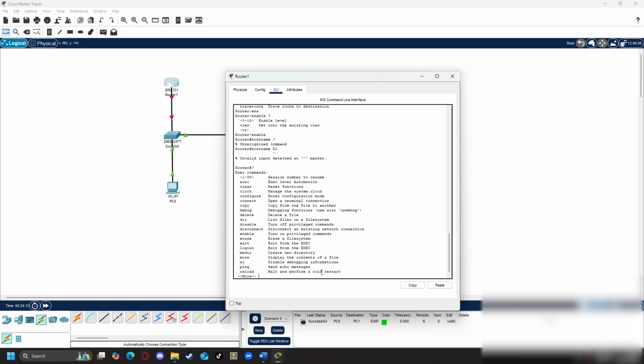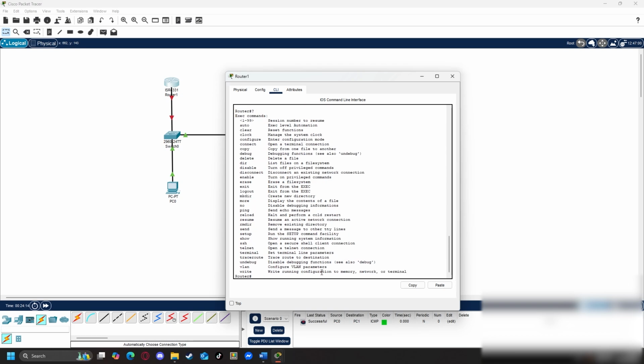So these, as you can see, there are much more commands to this. To go down, by the way, if you want to go a single line, press enter. If you want to go multiple, just space, and that'll finish the load off. So you can see here there are a lot more commands to choose from. Because we're wanting to do what I call housekeeping, we're going to go into config.